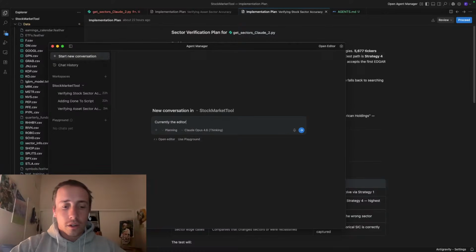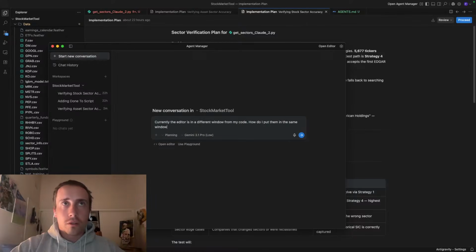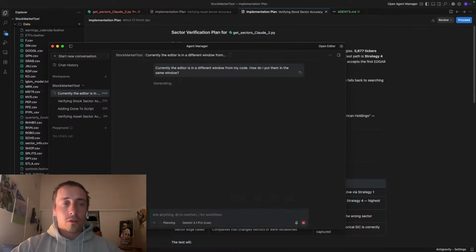Currently, the editor is in a different window from my code. How do I put them in the same window? Let's use Gemini 3.1 Pro low. We don't need the high model to do this.